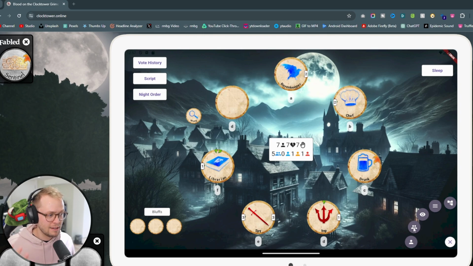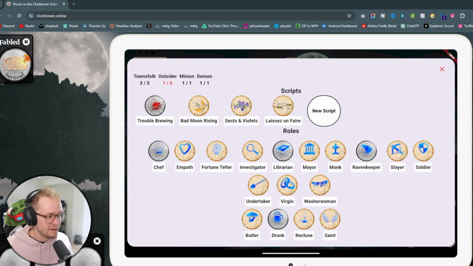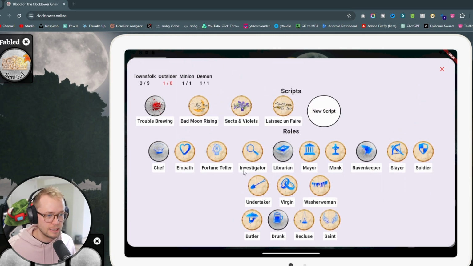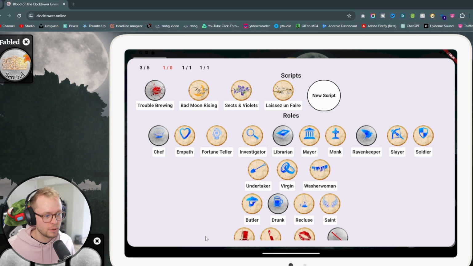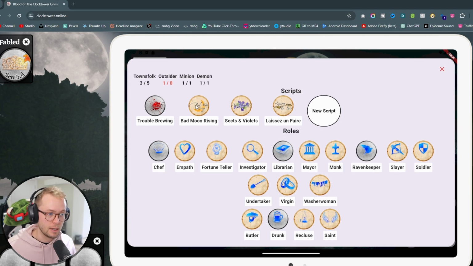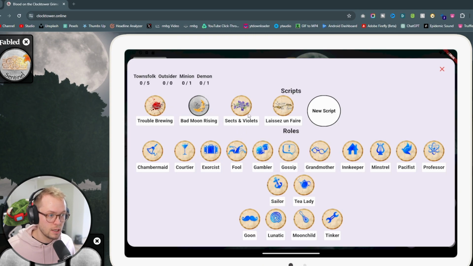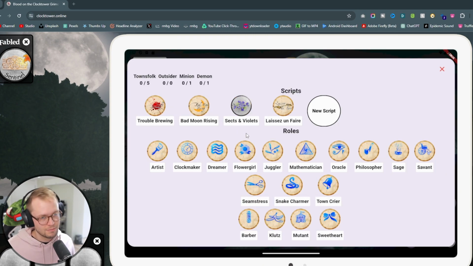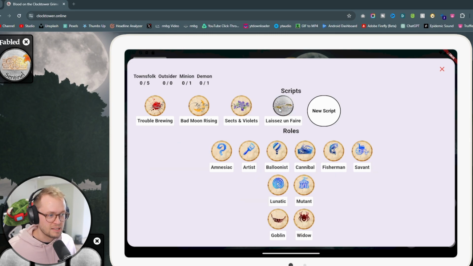I even added some pretty cool stuff in here where if you go here, this is the number of players in the game, or based off of the number of players in the game, these are the characters they could play, but there's these different versions that you can pick. So like Bad Moon Rising is one, Sects and Violets, which is a pretty hilarious name, Laissez Unfair, which is